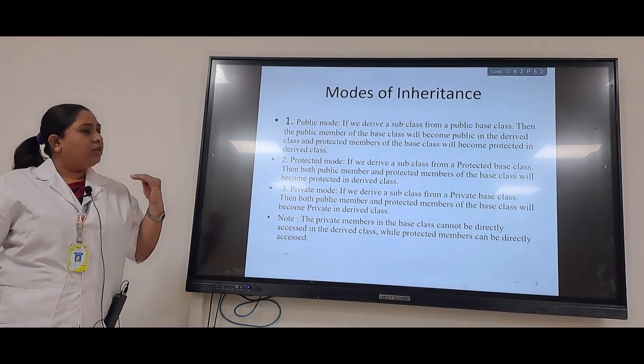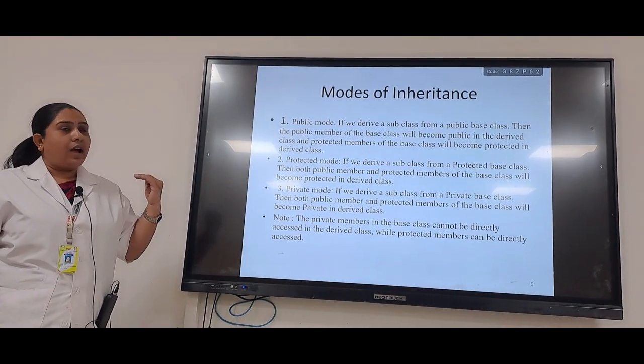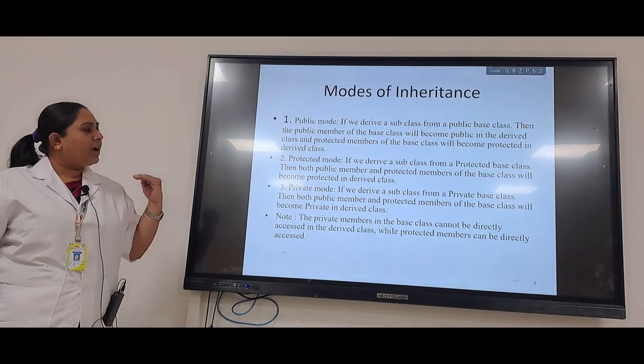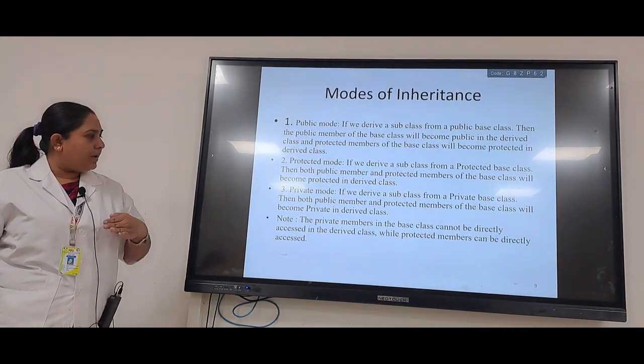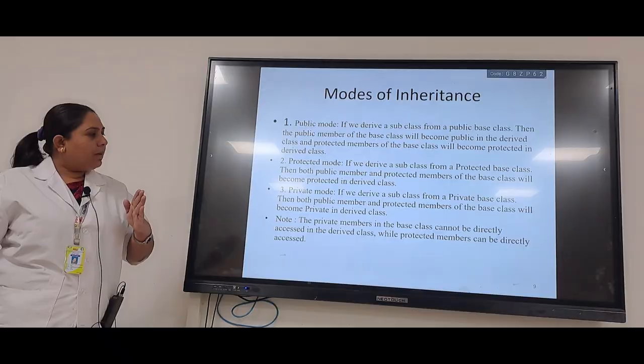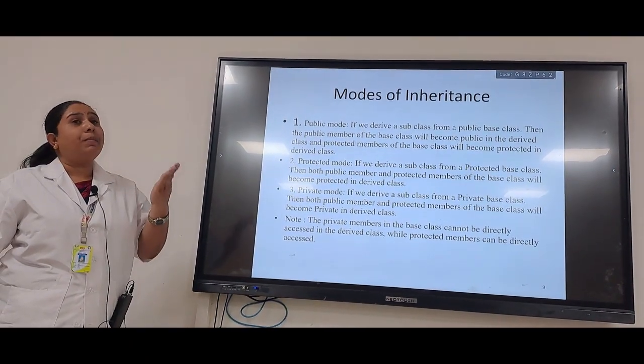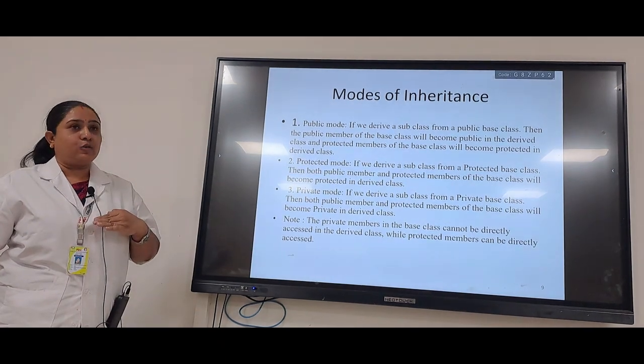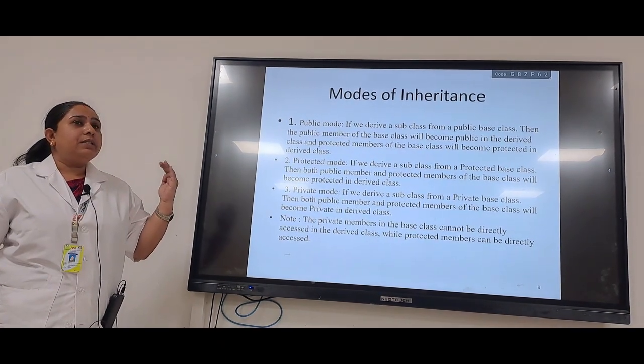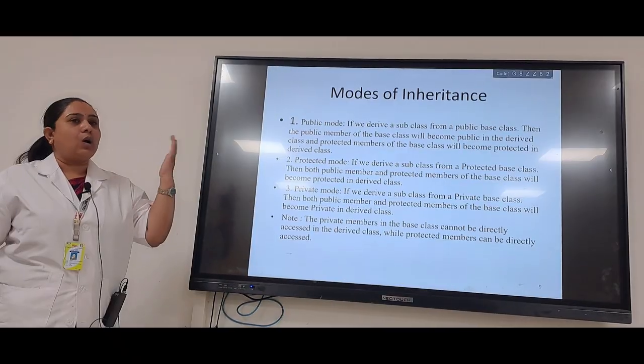Ultimately, when we talk about private mode, here we have to be careful, because if we derive a subclass from a private base class, then both public members and protected members of the base class will become private in the derived class.